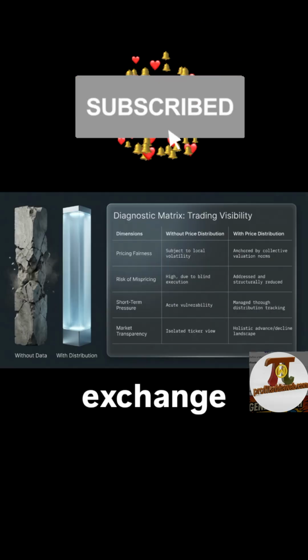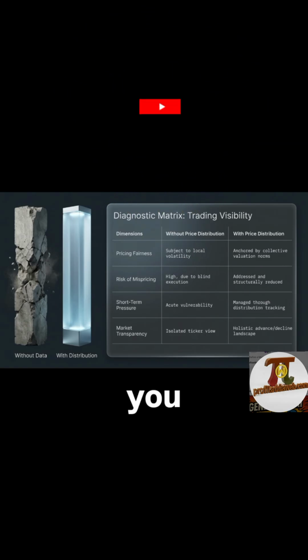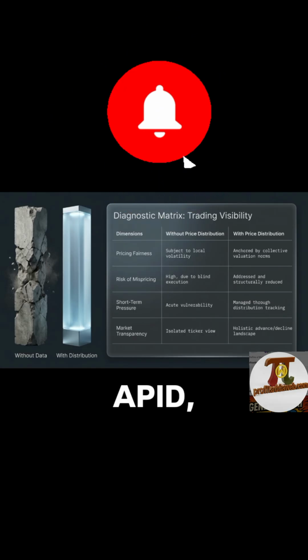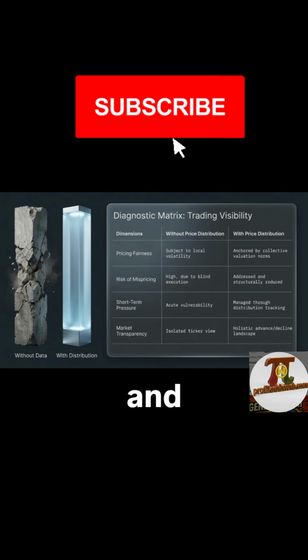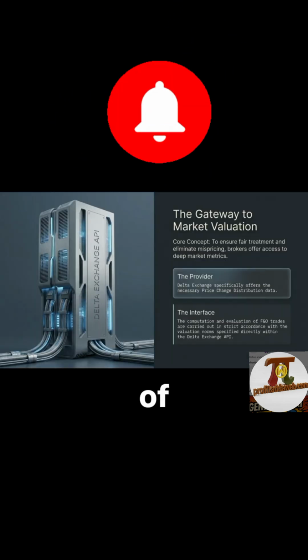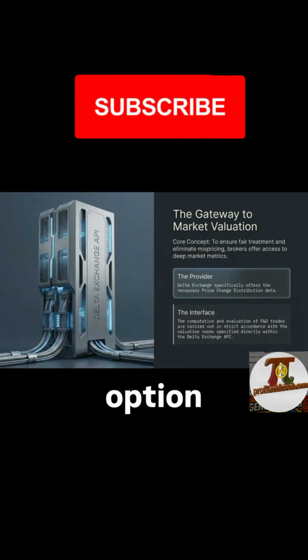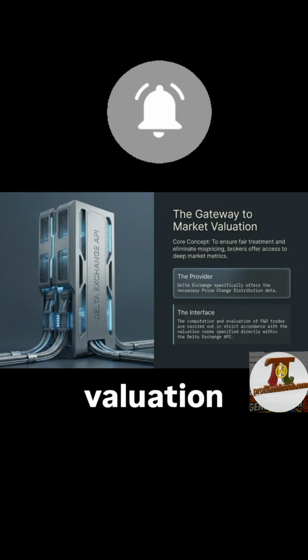Especially Delta Exchange is offering this price change distribution, so you can get these things. The Delta Exchange API is required to compute and carry out evaluation of trades made in the future and option segment in accordance with the trading valuation norms